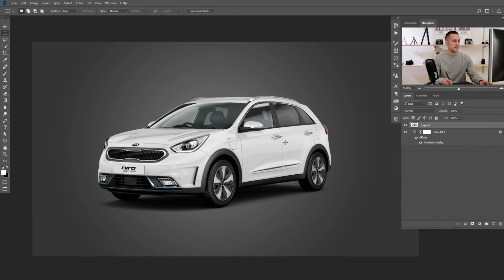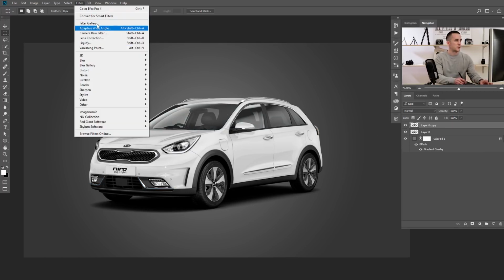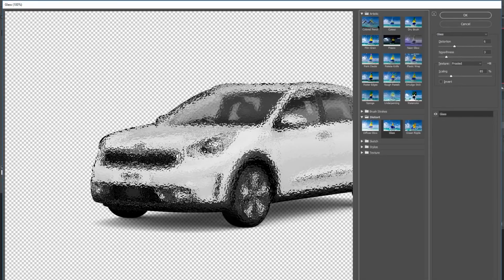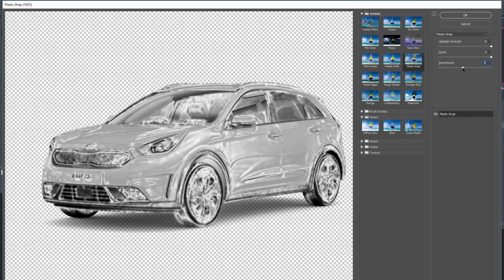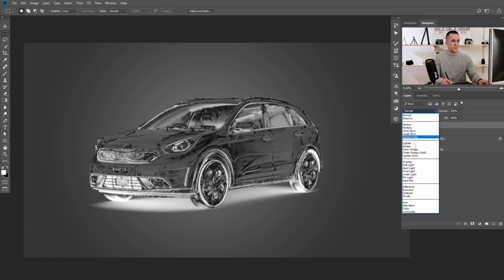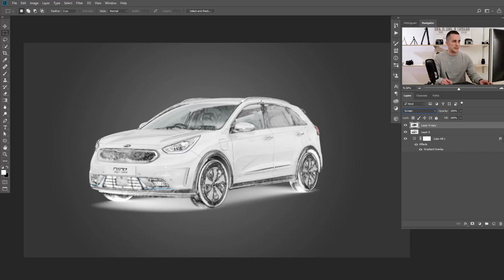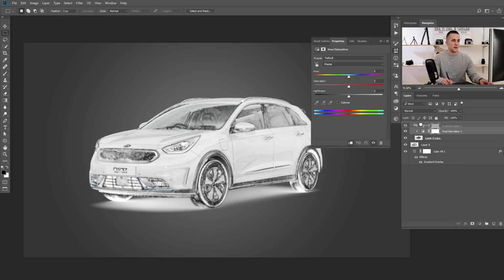The car, it's on a separate layer, and you know the procedure. Duplicate the layer. I will be really fast now. Press Ctrl Shift U to desaturate it, and then go to Filter, Filter Gallery, and go to Artistic, Plastic Wrap, and play with these options. Maybe I want to have it like so, press OK, and then invert it, put it in a screen blending mode, that's nice,